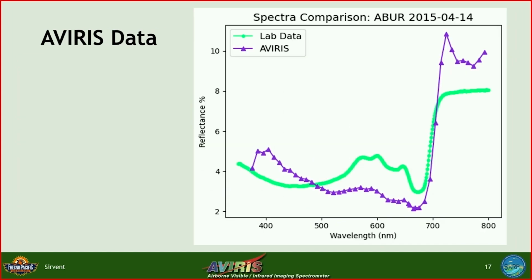Woohoo! Now that we have a model, we're going to use AVARIS data. And so this is just to give you an idea of what it looks like. The purple line being the AVARIS and the green line being the lab data that was taken from the coast. And there are 2 things I really want you to notice. The first one is this difference in magnitude between the lab data and the AVARIS data, around 600 nanometers. And there's a pretty significant change. The other thing I want you to notice is that the AVARIS data is more janky because it has fewer wavelength bands to account for. And so we need to reconcile that issue.